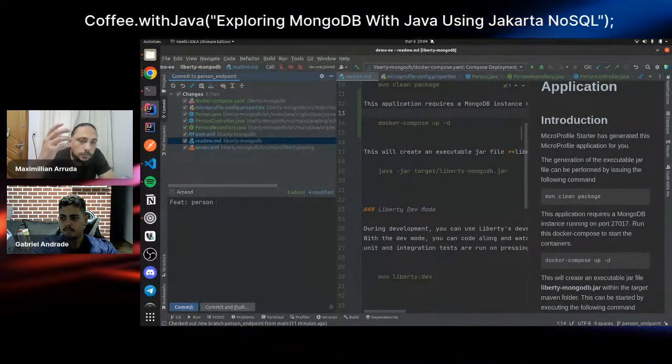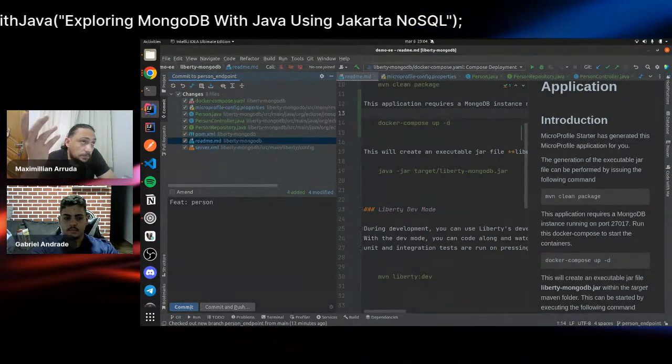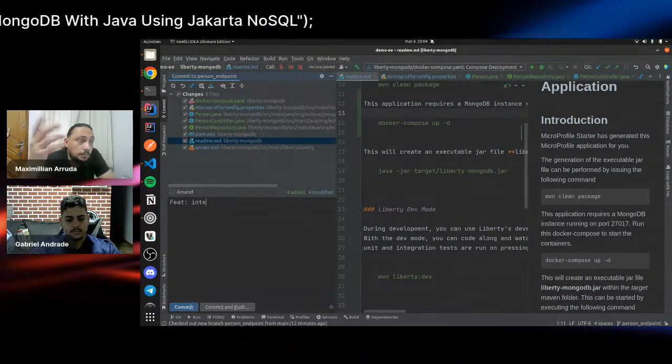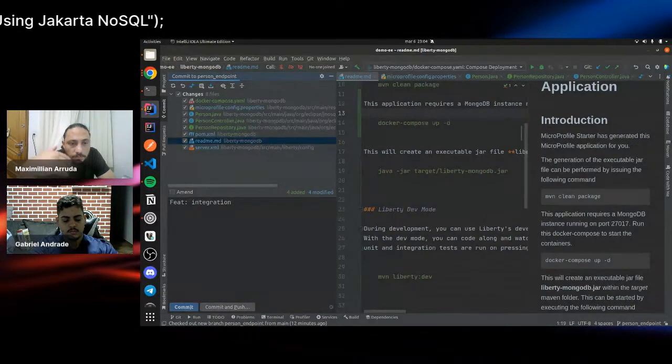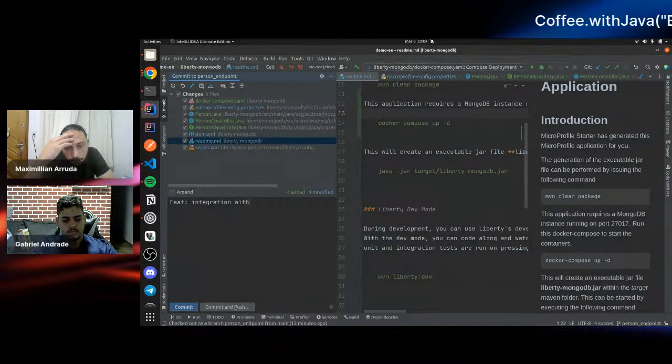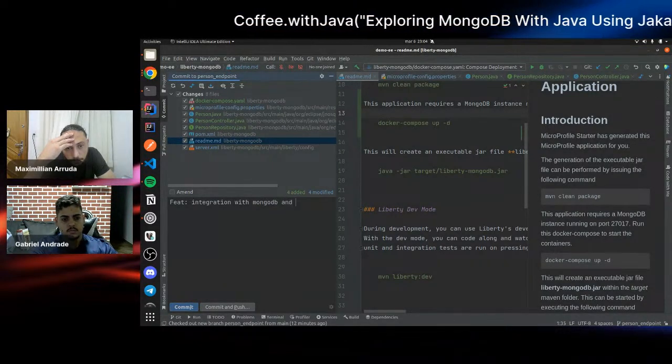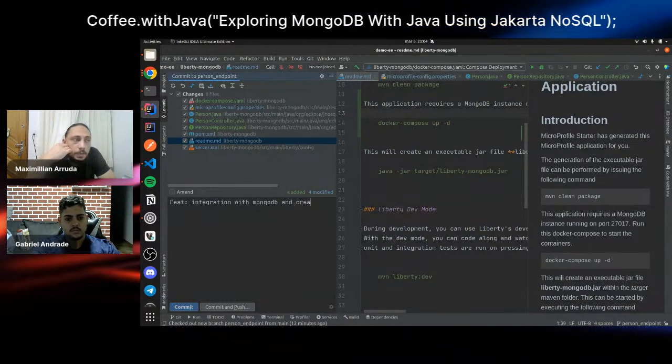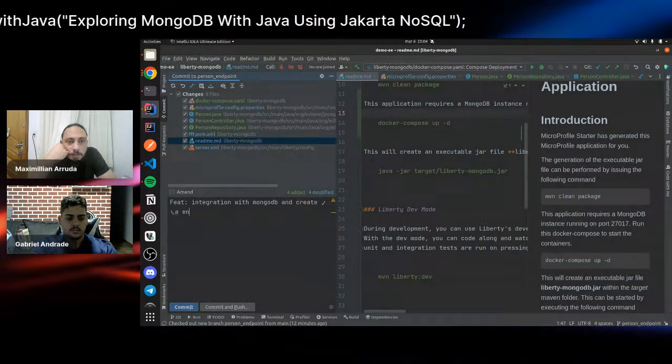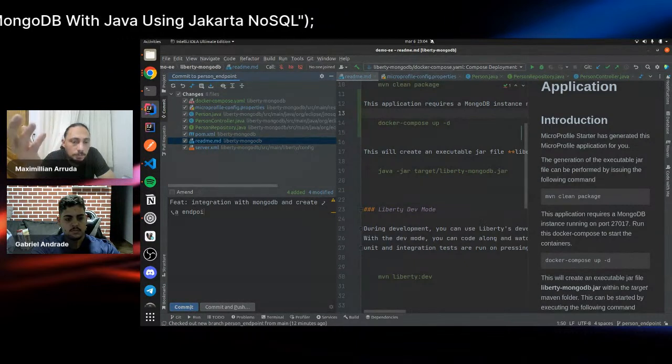And I think you could put some information like: integrate MongoDB and create. You need to explain a little about what you did.